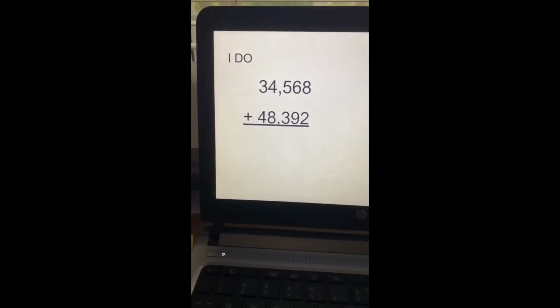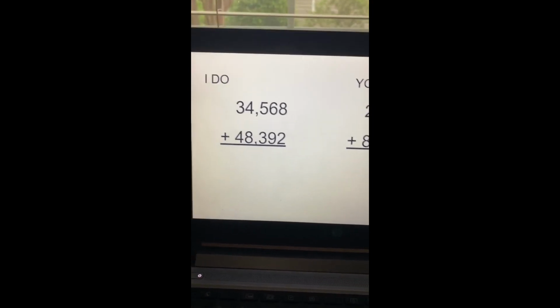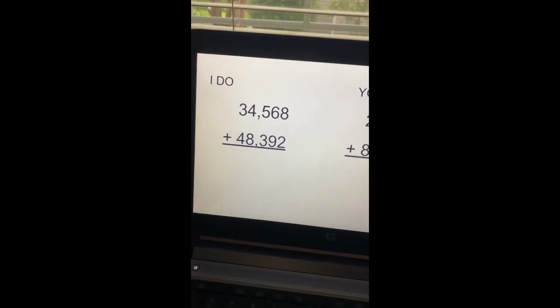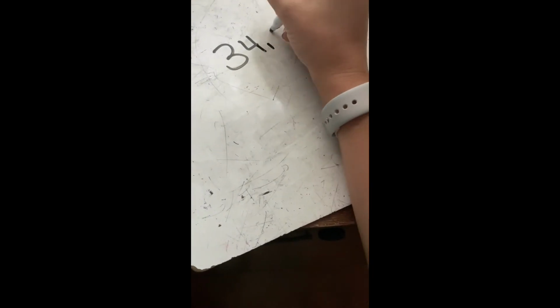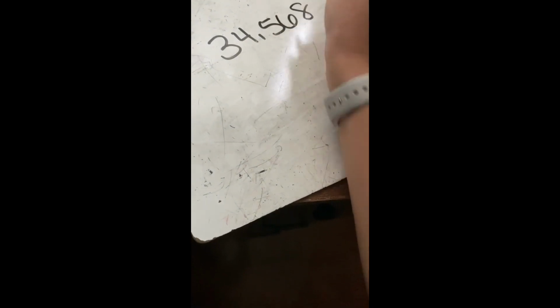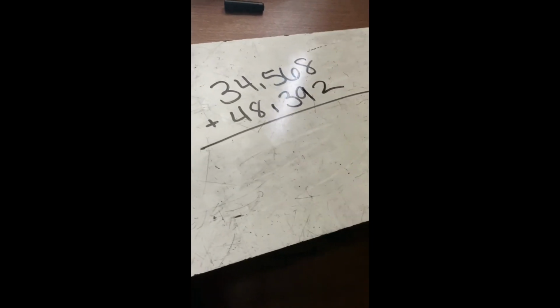All right, looking at this problem, I'm going to do this one, 34,568 plus 48,392. Watch me. See if you can tell me what to do on the screen before I do it. So I'm going to write it down on the paper, 48,392. I hope you are bossing me around right now and you are saying, Miss Flint, you need to add your